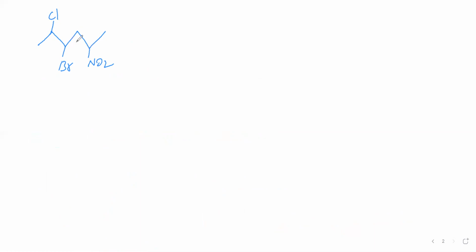We see this compound. In this compound, what are the functional groups? You see, one is chlorine, a halogen, next bromine, a halogen, next nitro. All these functional groups have the same priority. None has higher priority, none has lower priority. All the functional groups have the same priority, and all of them come under prefix. Therefore, in this compound, there is no secondary suffix at all.